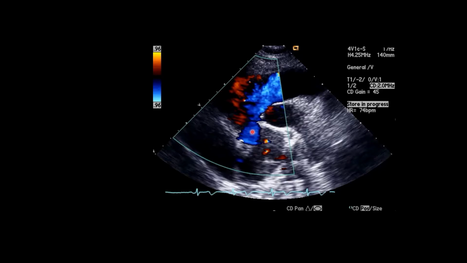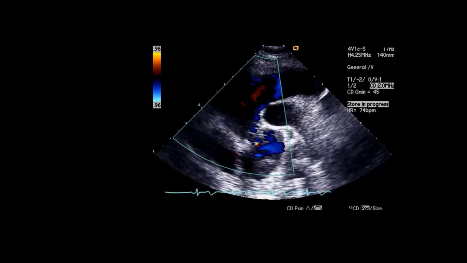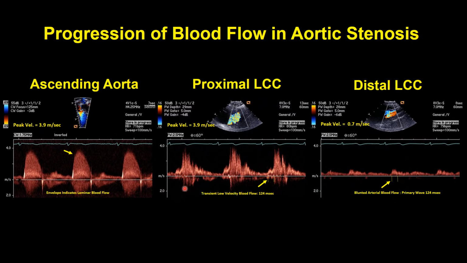So even in diastole, we're still seeing reverse flow, just like we saw in the pulse Doppler. And now we're starting to see the aortic regurgitation again. So this shows the laminar blood flow that we recorded with continuous wave. There's no delay. There's no low velocity blood flow here. And there are a lot of different velocities. You can see the LVOT here, but still it's primarily